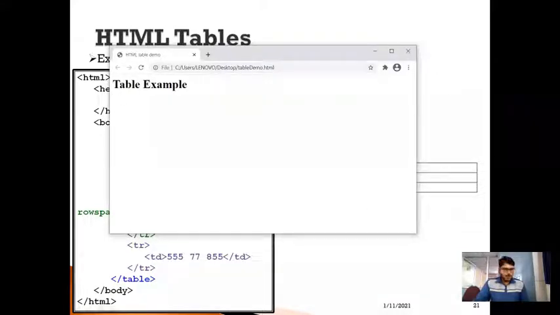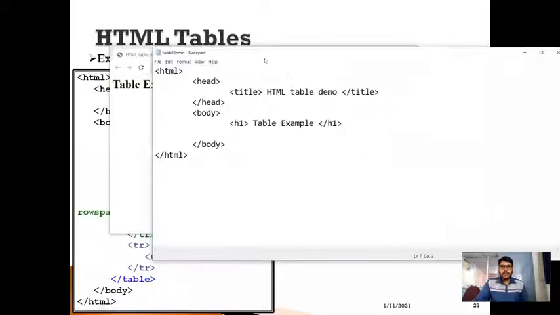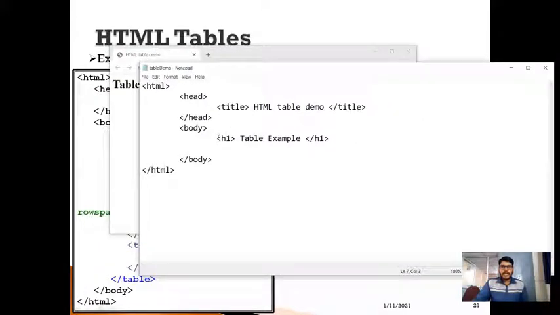I need to display the table below this heading. So I will go to the source code, and you can see I have closed the h1 tag, and below this I want to include a table. To include a table, we need to use a table tag. I'm going to specify a border for my table. Let me specify a border value as 2 here.